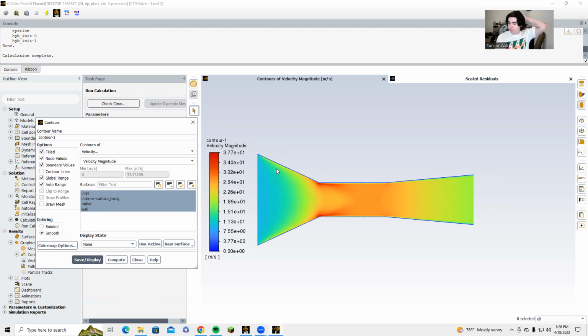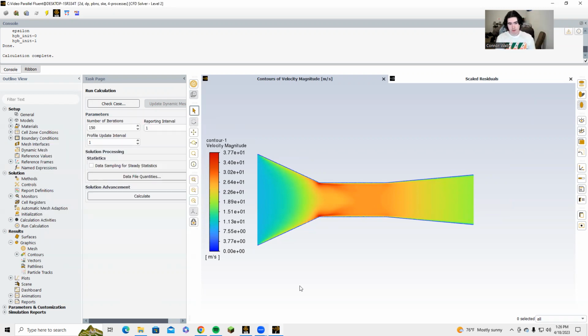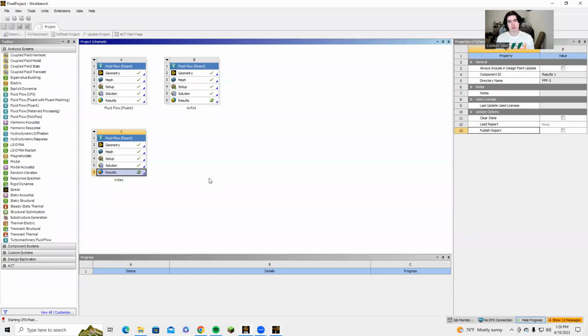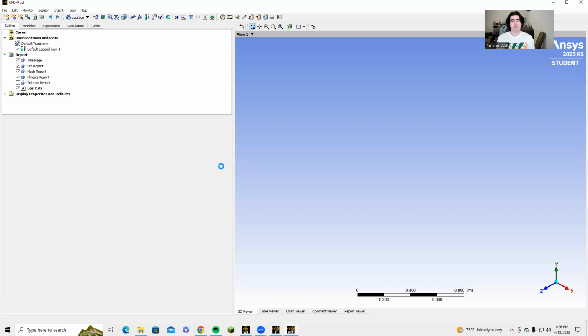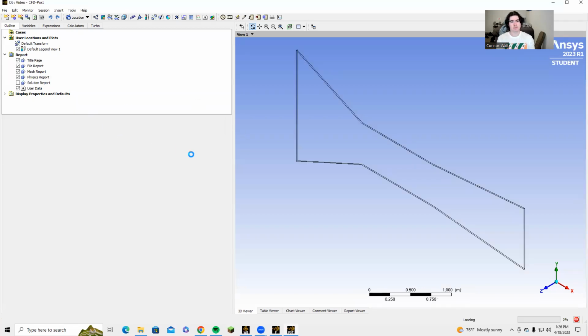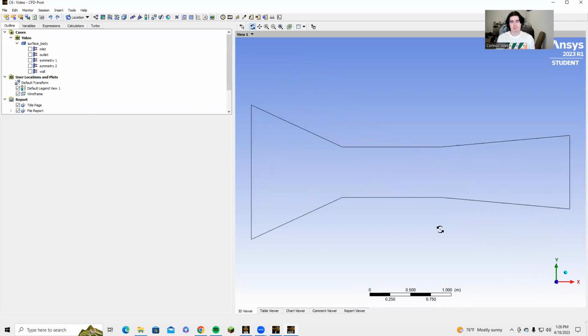And then for the next one, I do it in both Post and Fluent. I just find it easier to do the velocity and pressure in Post, and then the total and dynamic pressure in Fluent. But so once we get here, and Zoom is in my way, you'll just add a line,